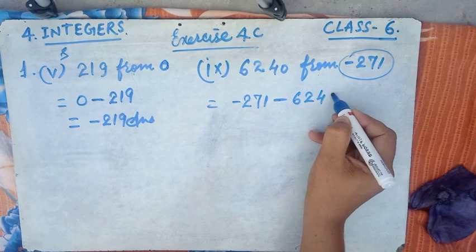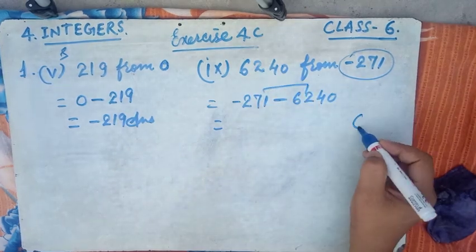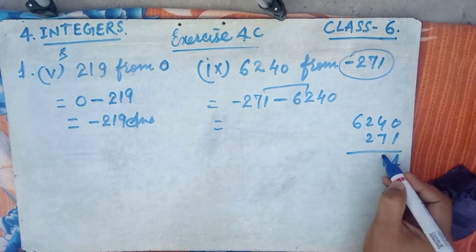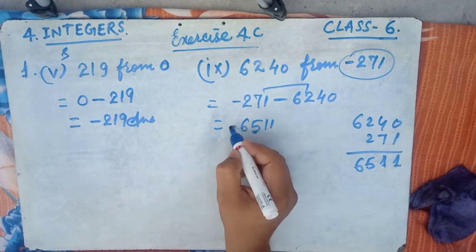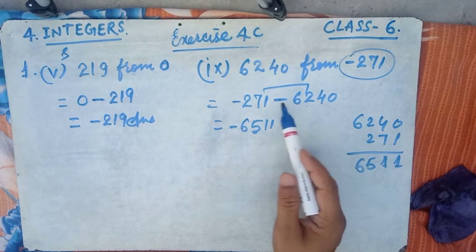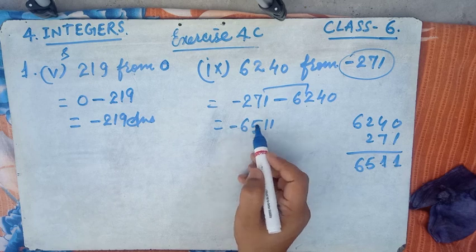Now here, friends, both the integers are negative, so there is nothing to worry about the sign. First we have to add their values, 7 plus 1 is 7 for 1 balance, okay, this is 6511. Now put the minus sign. If we are going to add or subtract two integers and all the integers have a minus sign, then add all the integers, then place the minus sign before the number.